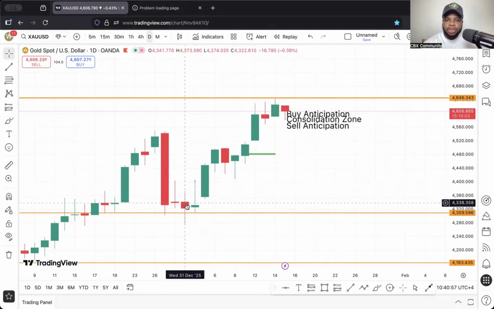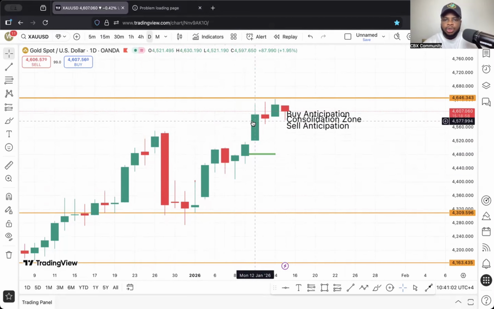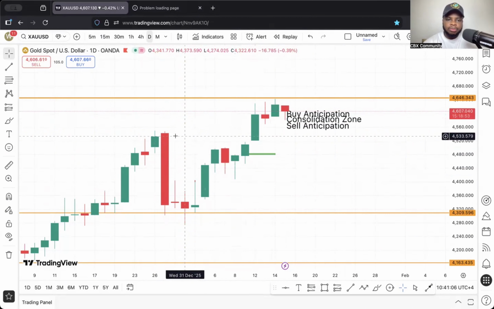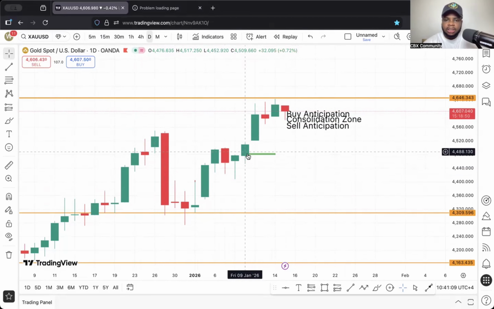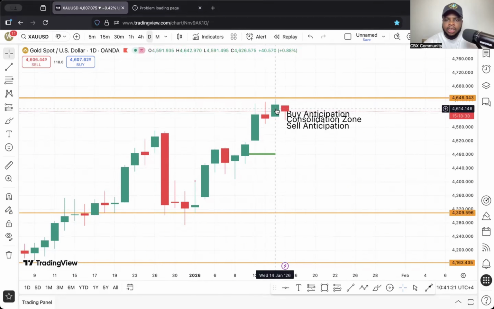We have a support zone over here, a support zone over here, a resistance zone, and then we also have a resistance zone over here. But this strong bullish candle broke this resistance zone, and this candle over here also broke this resistance zone. This candle has broken this resistance zone, and it broke the high of this bearish candle over here. So the next candle was supposed to break the high to form a new all-time high, but the candle opened with no wick at the top,